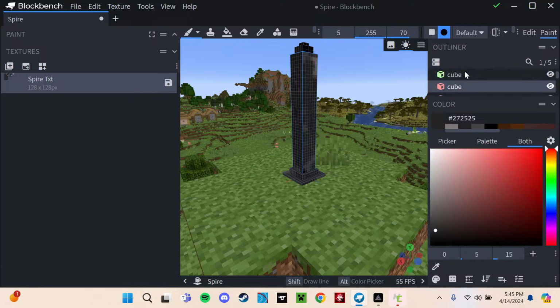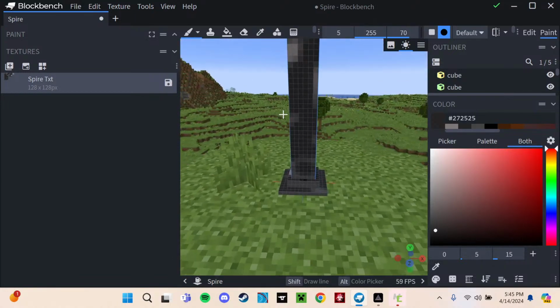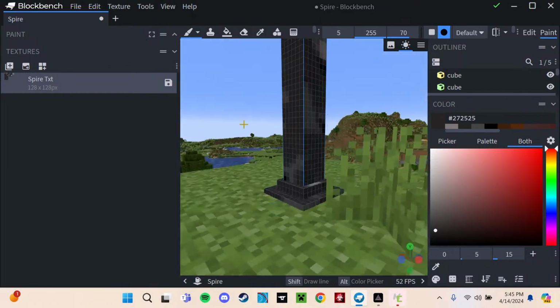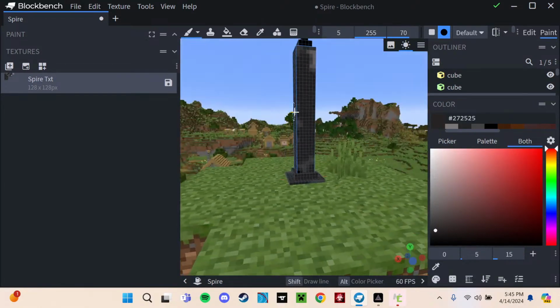So now if I were to stop, the cubes look okay, the top looks fine, I like the top. On the side, I don't really like it. Actually, I kind of do like it. The rugged looking texture of it makes it kind of feel as if